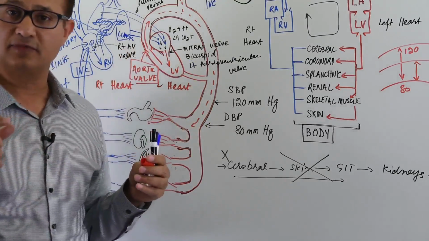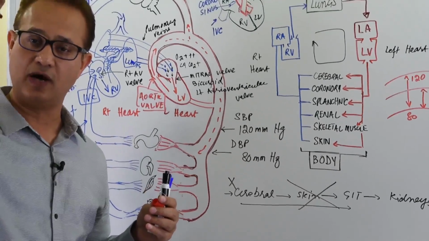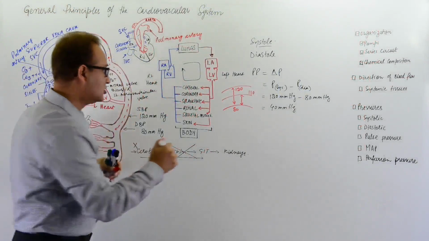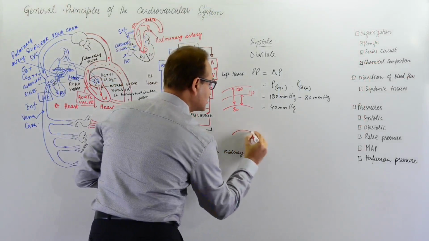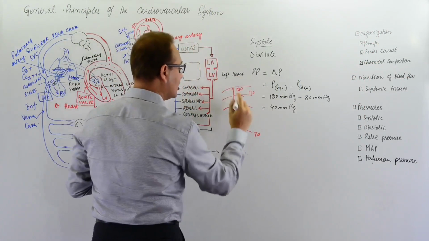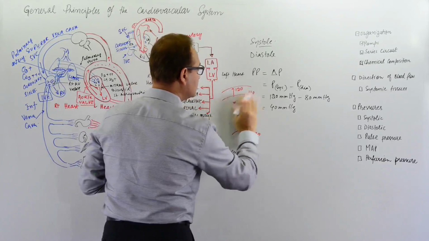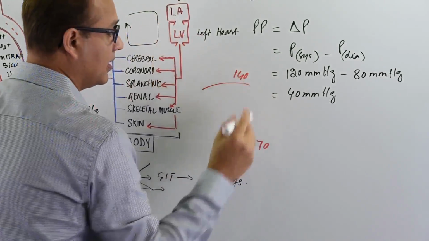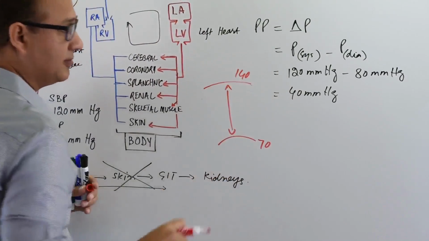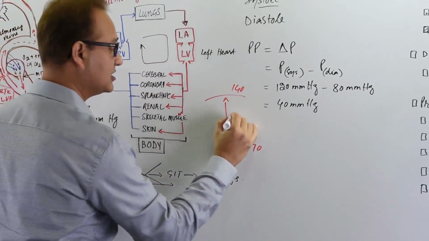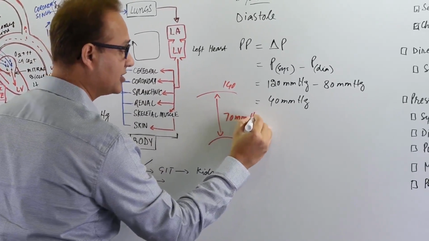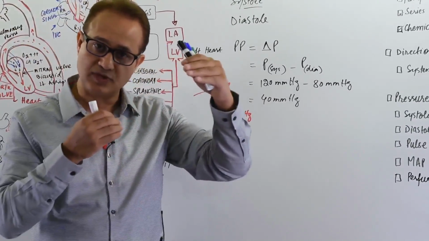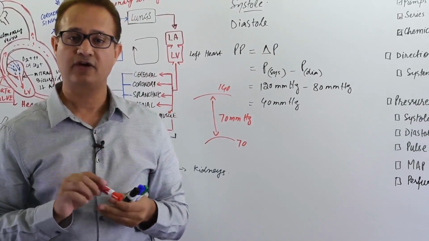So when the stroke volume is increased, systolic pressure would go up, and when the vascular resistance is reduced, the diastolic would go down. So what would that mean? Let's say diastolic has gone down to 70 and the systolic has gone up to, let's say, 140. Now what is the pulse pressure between them? 70 millimeters of mercury, right? So pulse pressure widening, that means it becomes bigger, or narrowing has a very important